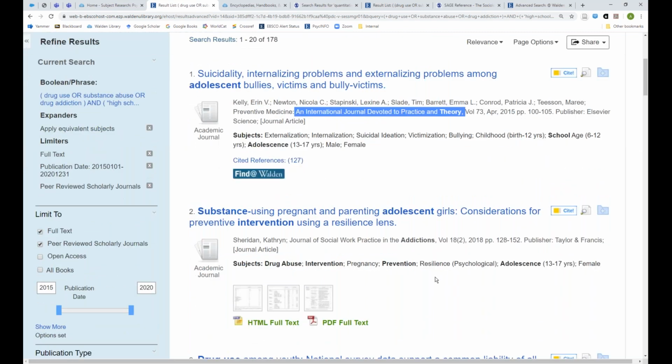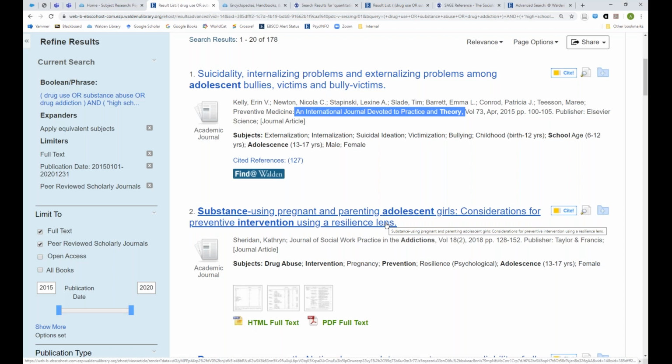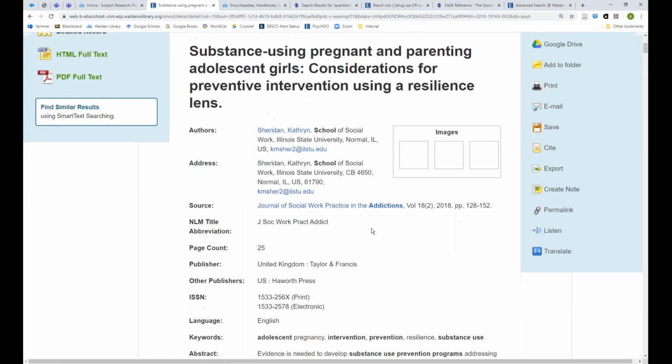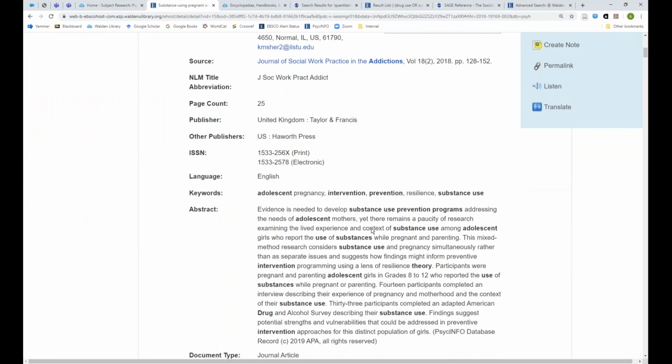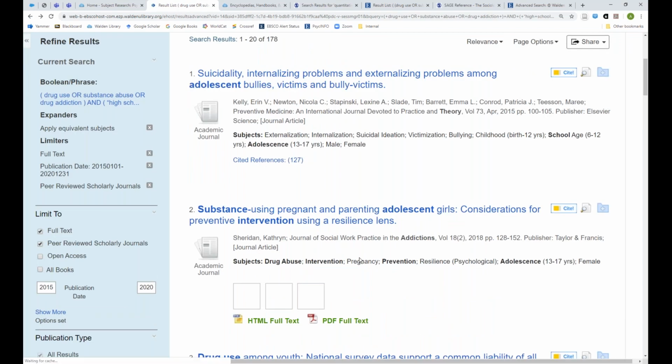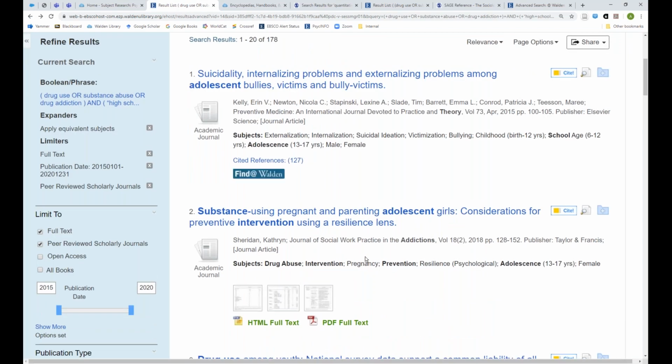But if I scroll down, let's look at the second one in the abstract and see what theory it's talking about, if any. Because again, we're going to have to review them. So this is talking about resilience theory. So you could just take a quick browse through here to kind of get educated on what